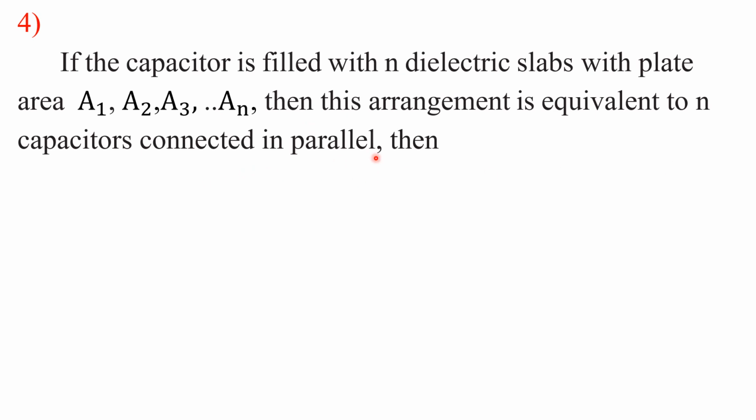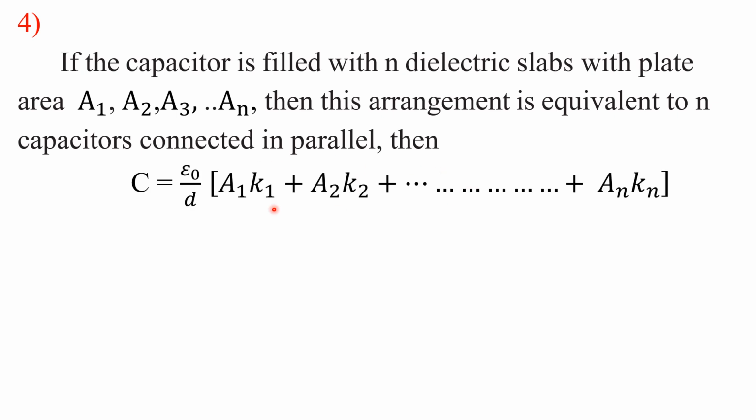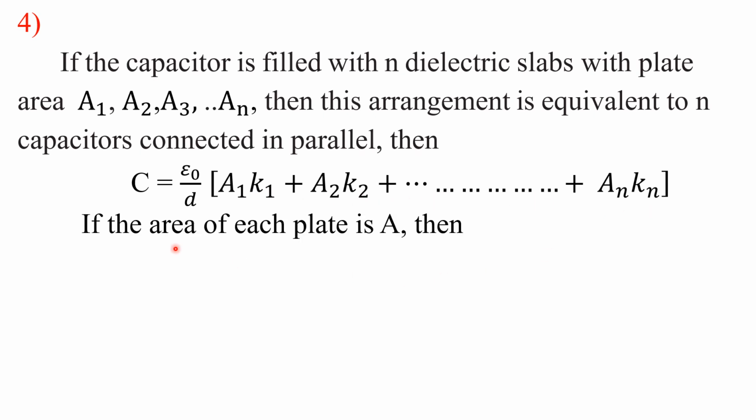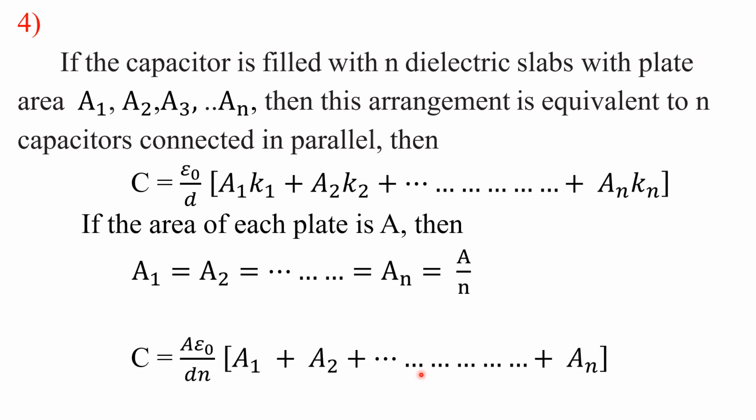The N capacitors are connected in parallel, so the equivalent capacity is C is equal to epsilon 0 upon d into (A1 K1 plus A2 K2 plus up to An Kn). If the area is the same, then A1 is equal to A2 is equal to up to An is equal to A by N. Then we get C is equal to A epsilon 0 upon dN (K1 plus K2 plus up to